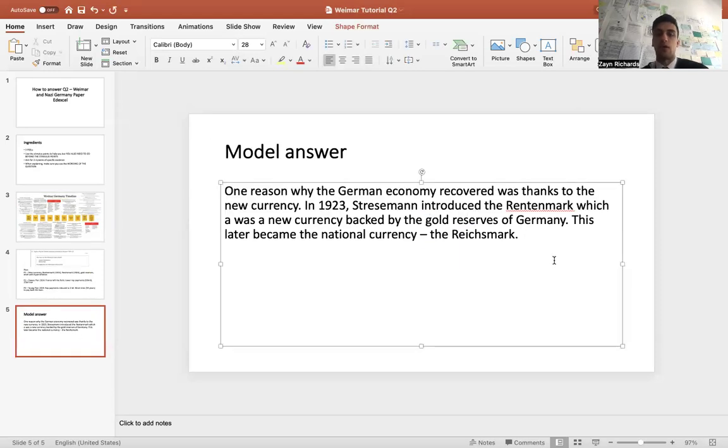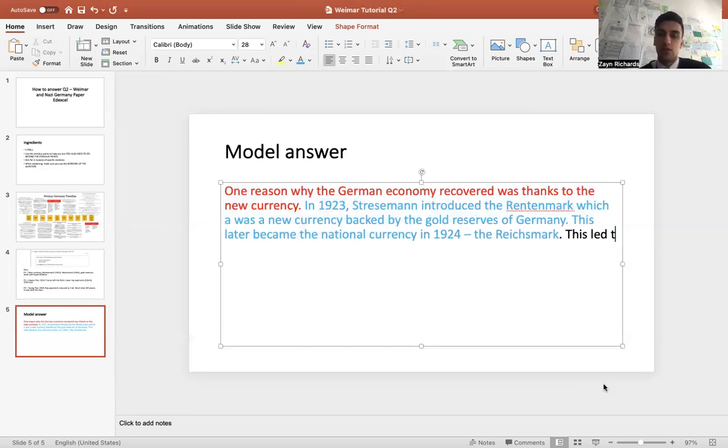So now when you're doing your explanation, let me just color code it for you. In red, we've got the point sentence. In blue, we've got the evidence. I know the evidence seems short, but we've actually got quite a lot. So 1923, Rentenmark, gold reserves, and then Reichsmark. I could also talk about 1924 as well. Then I'm going to say this led to the German economy recovering because having a national currency